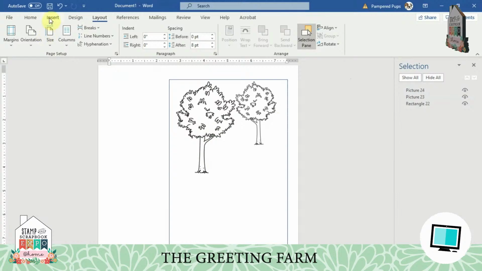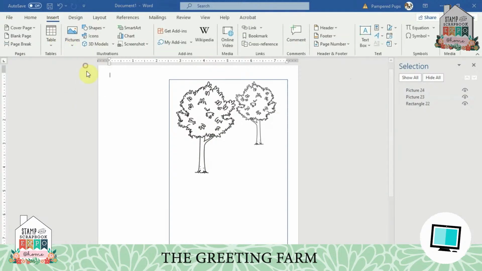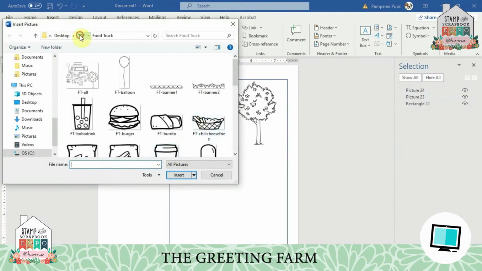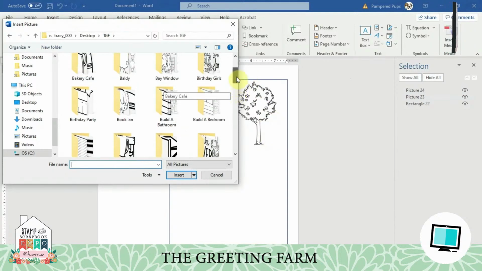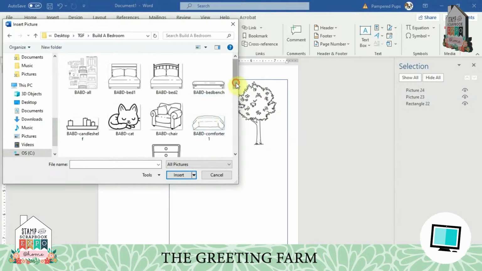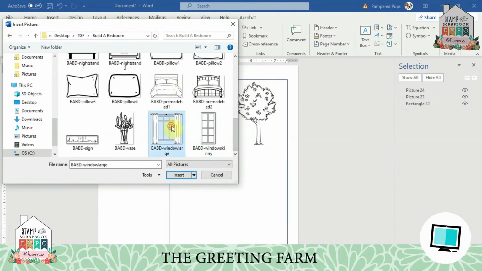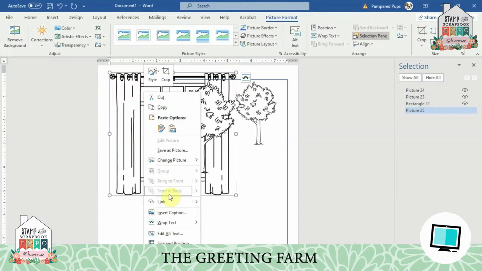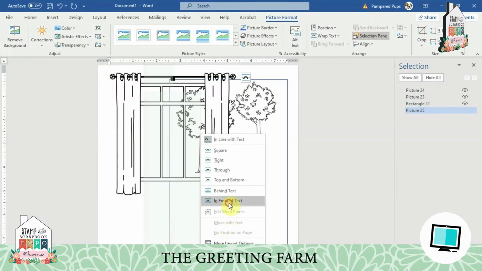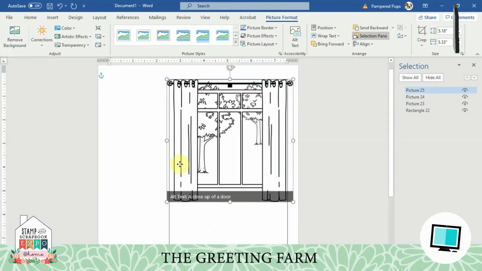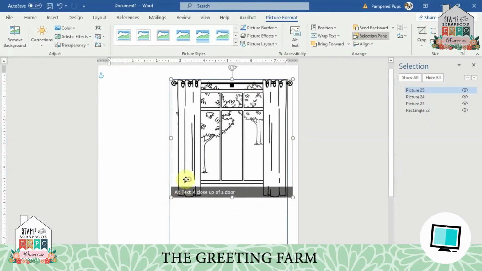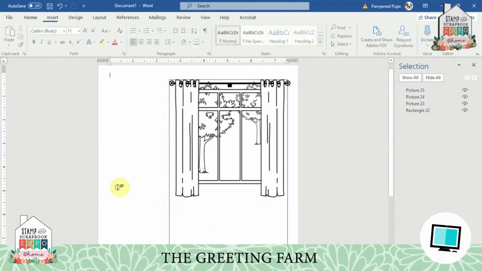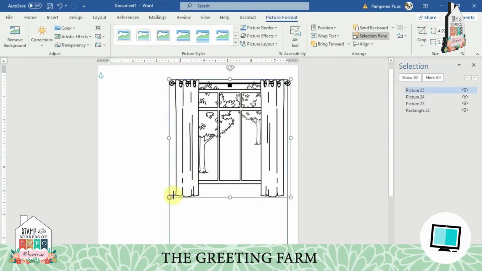And we're going to go to insert picture, and we're going to add a window so that you're peering outside of the window from the inside as we build this scene. We are currently working on our background, so these images are all going to be a bit smaller. So right click, wrap text, in front of text for the window, and drag it over to our little visual box and make sure it fits within the card front. And once you have the size you want,